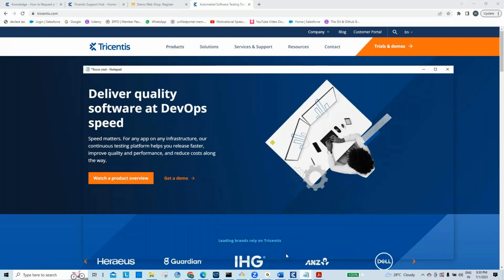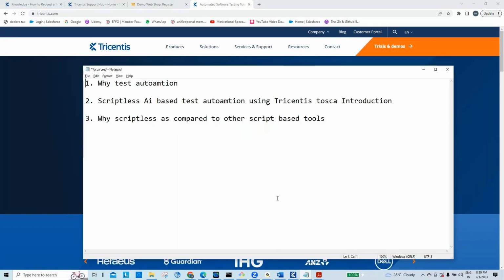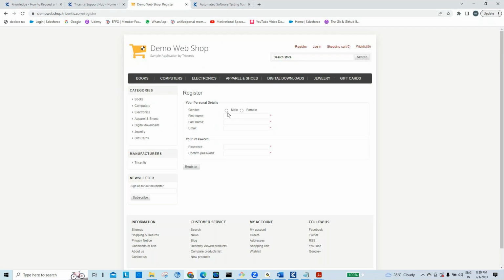So the agenda for today is why test automation. First of all, we will start with why test automation. If you know something about manual testing, earlier testers used to do this: suppose this is an application, and this is a registration form. You need to test whether the user is able to register successfully into the application. So you would manually click on this and manually enter your first name as Ben. Then suppose your last name,